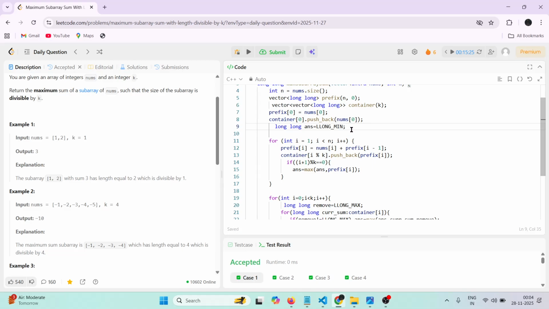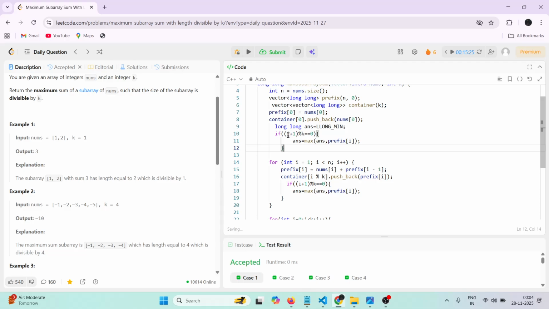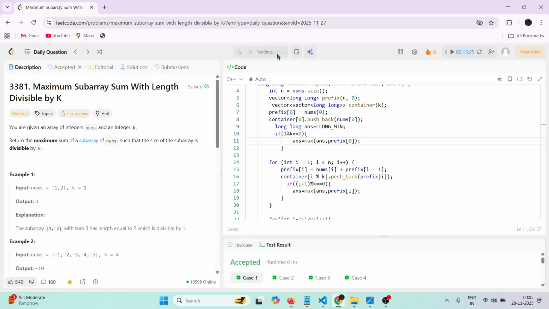Now one thing we just need to add: actually, from here I equal to 1, so for I 0 we need the same condition, because we have started from 1. So for I 0, that means the total becomes 1. 1 modulus k equal to 0 is simply, either you can also write this, so answer is equal to prefix of 0. Now if we run, okay, so if we submit,